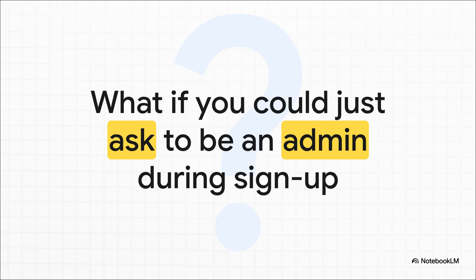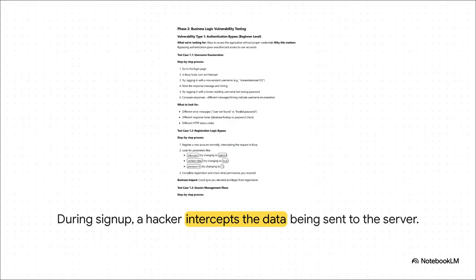So, what if you could just edit that before you send it? Okay, so here's how it works. When you're on a sign-up page, your browser bundles up all your info and sends it off. An ethical hacker will use a tool to basically step in the middle and catch that data packet before it gets there. This lets them look inside and see exactly what's being sent. And every now and then, they find some very interesting and very editable parameters.